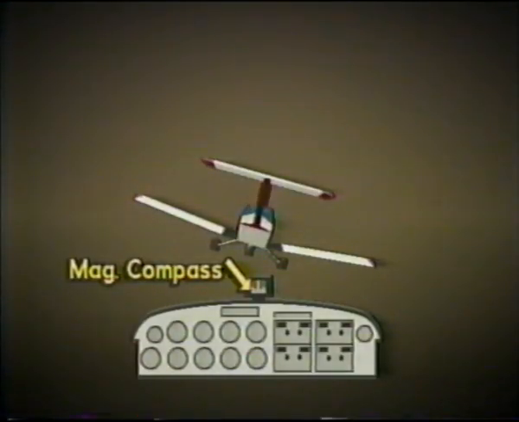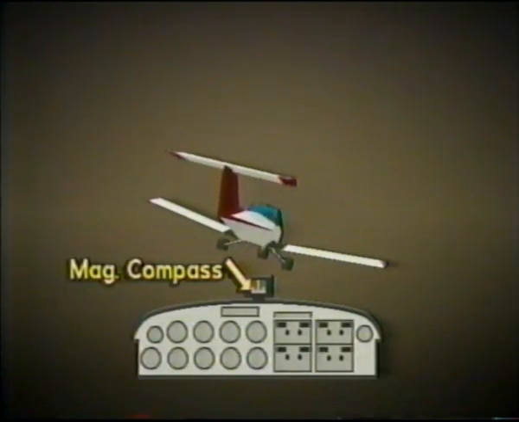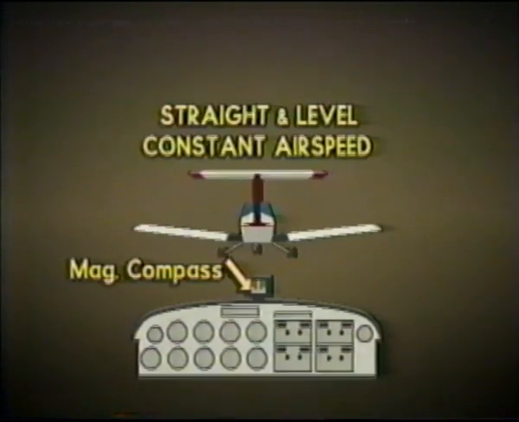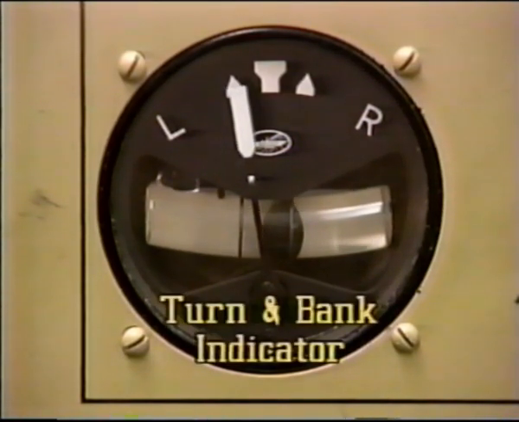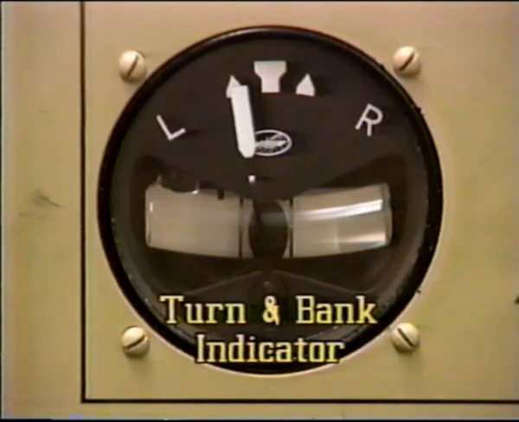The magnetic compass will not give you a true reading when the aircraft is being turned, banked, accelerated, or decelerated. To get an accurate reading, you must be in straight and level flight at a constant airspeed. A good rule of thumb is that an aircraft turns at about 3 degrees per second in a standard rate turn. Therefore, to make a 90-degree turn, the aircraft would have to be held in a standard rate turn for